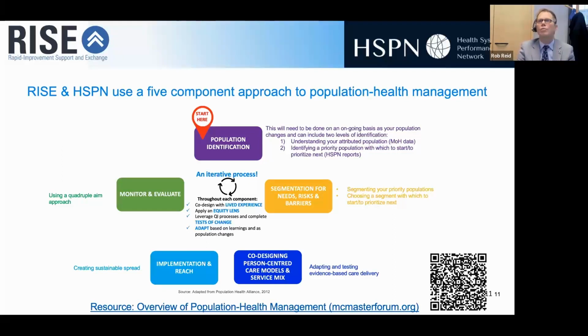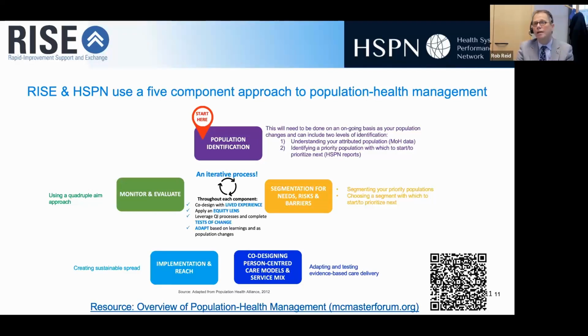Just to briefly start, the first step is really around identifying who the population is. Who is it that we serve? Both the people who come in the door and we know well, as well as the people who might not, and we actually don't know, but we're accountable for them in our attributed population. And then it's really understanding the needs of those patients and populations using data to understand the attributed population. And we've had many webinars about understanding the population you serve.